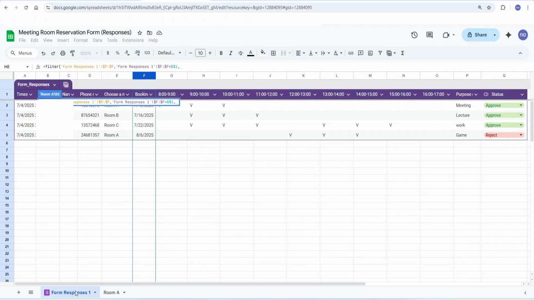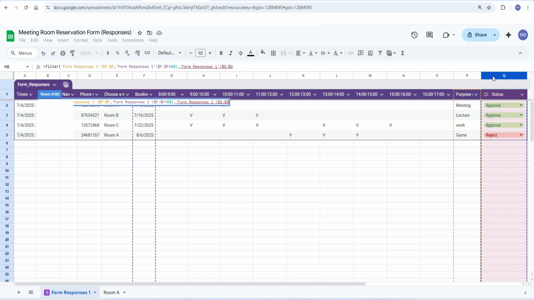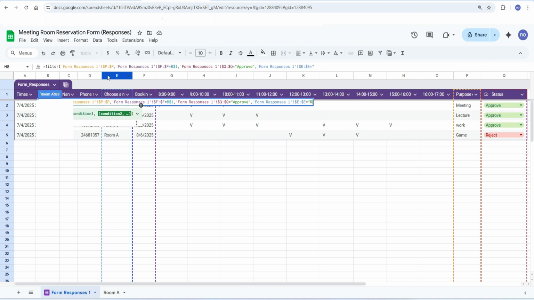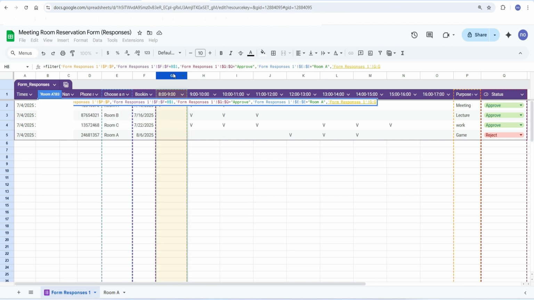Next, your results must be approved. You also need to lock the results. Then your meeting room is locked as well, to be equal to room A. In the end, there is whether the time 8 o'clock 9 o'clock has been ticked. The time column must also be locked. When these four conditions are met, it can only appear in my schedule.